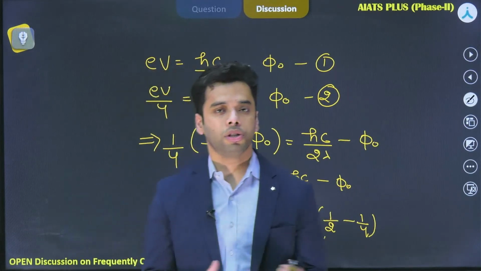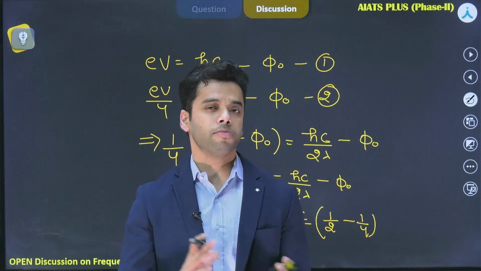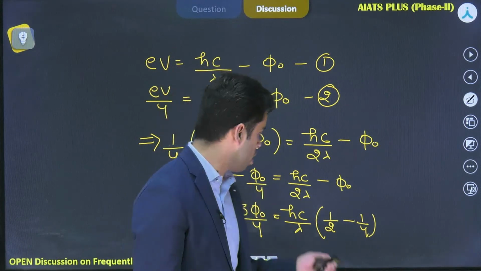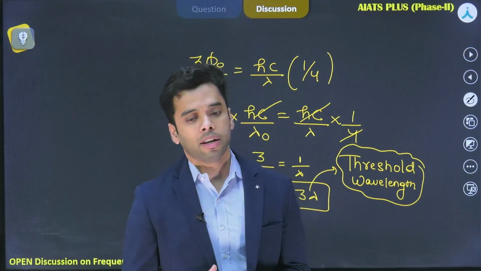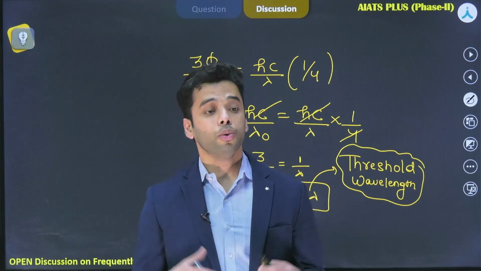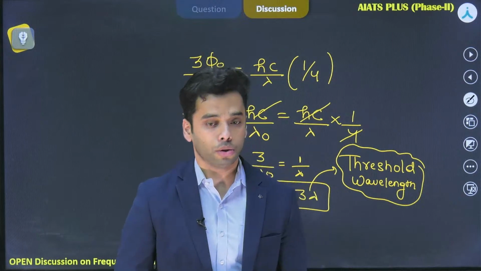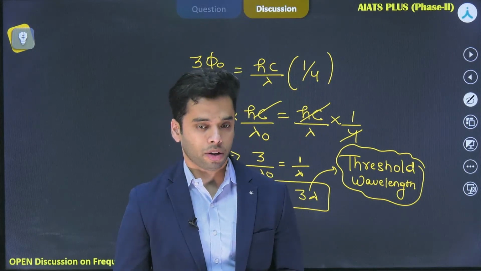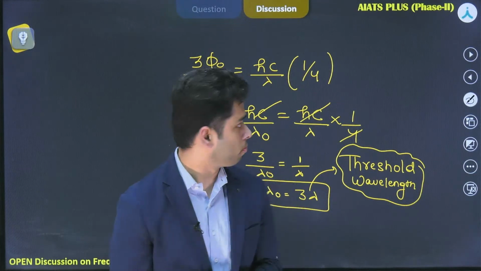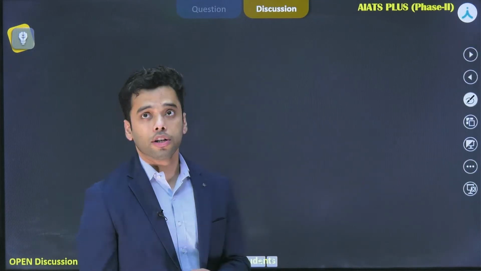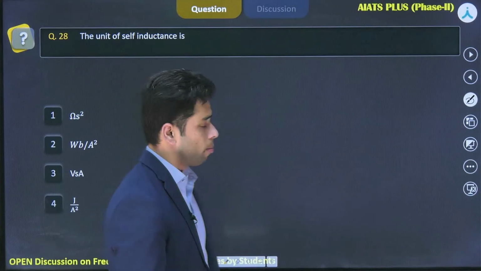Just using the basic equations, a little bit of rearrangement, and if you are good with the rearrangements, you will get to the final answer. So that's how you deal with such problems, and yes, 3 lambda is the correct answer, and you get such problems in the actual NEET examinations also. Yes. Okay, very good. 2 students have got the right answer. Very good. Good morning. Now, if you understood this problem, let's move forward to the next problem, and this problem